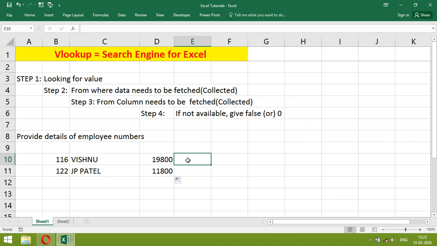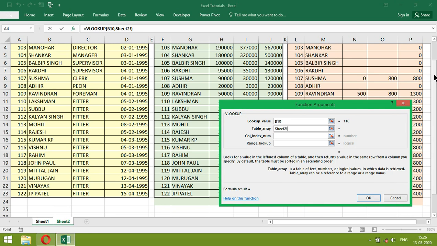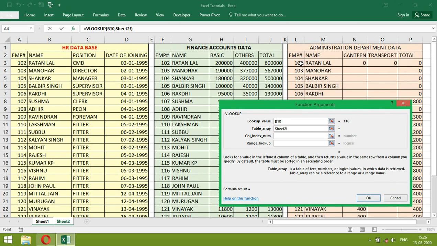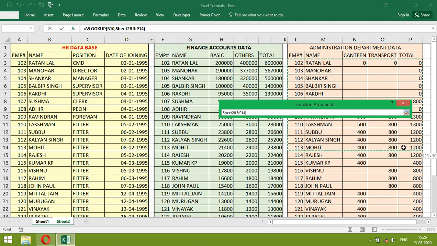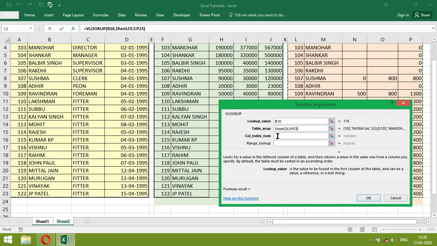Any pending from the administration side, we can again do VLOOKUP. Column number 1, 2, 3, 4, 5.